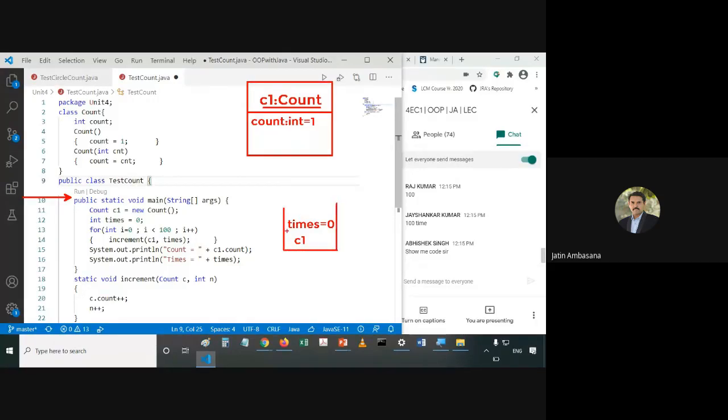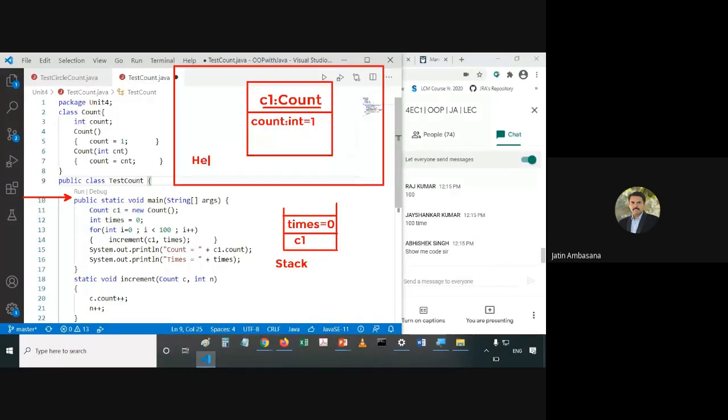For the main method, because these variables are declared in the main method. So this is the stack where the variables are stored, and this is the heap, where the objects are stored, and c1 points to that particular object in memory.